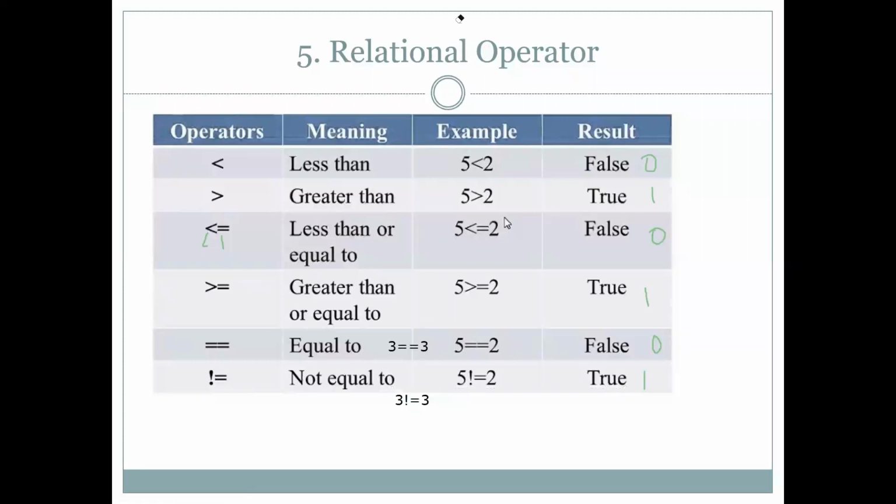And again, let me give you one more example. 6 is less than or equal to 6. What is the answer, false or true? Yes, true. Why? Because less than or equal to will check either for your less than condition, otherwise for the equal to condition. So 6 is equal to 6. You can write false, otherwise you can write 0, but prefer false in the table. If you are writing theory, then prefer true or false. This is about your relational operator.